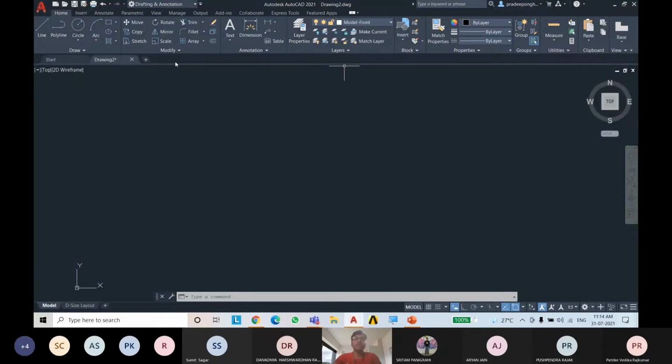This is known as the ribbon, and you can see this white color type of command. This is known as the command window, and just below it there are options. They are known as toggle keys, which are very useful in AutoCAD. And you can see your account details by clicking on it if you want to see.